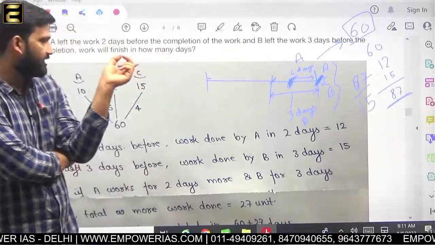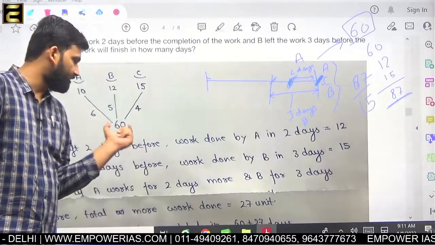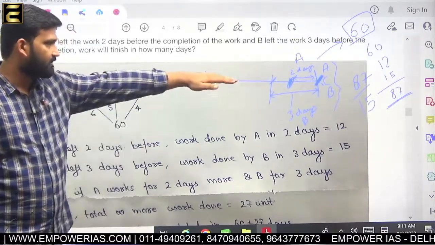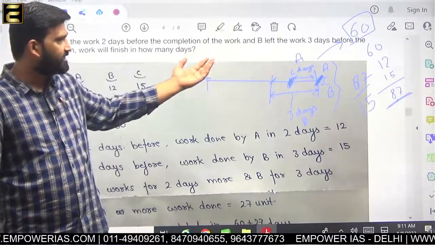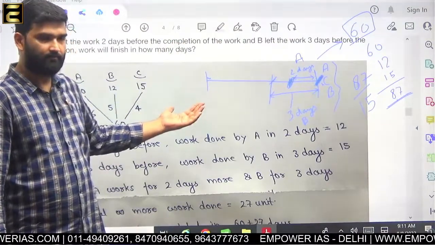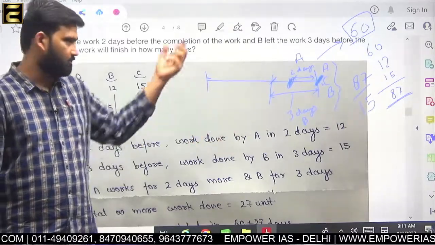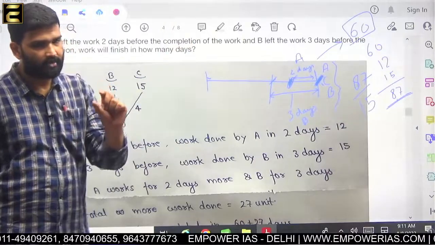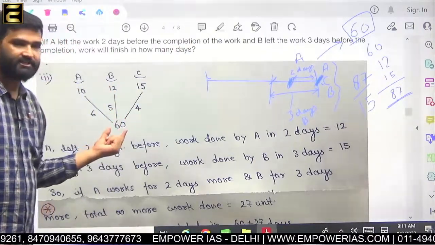Here we have modified what? 60 unit of the work. When we modified this 60 unit, it is because we are changing the condition which is mentioned in the question. Question is saying something else. For the sake of calculation, we are modifying the question. So if we are doing something there, then its reaction will occur. So in order to manage that reaction or shock, we are changing the values too.